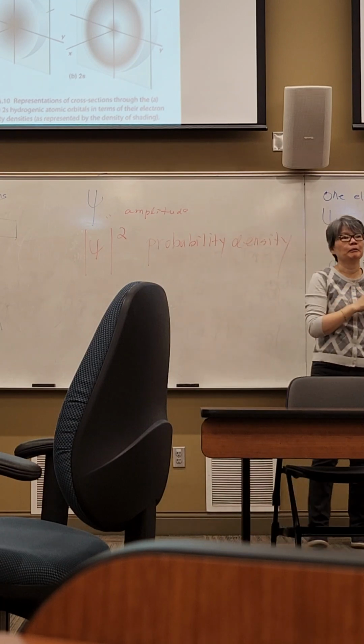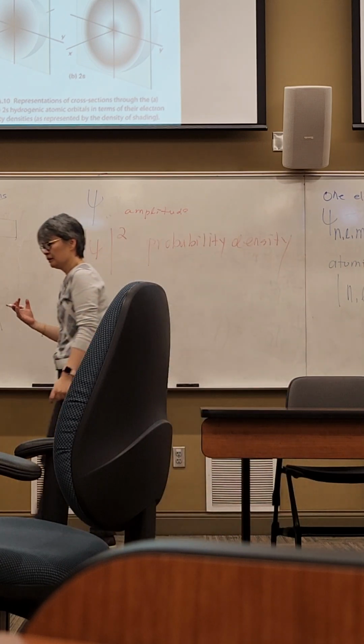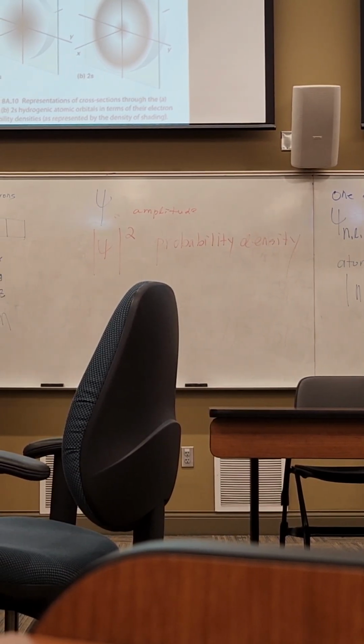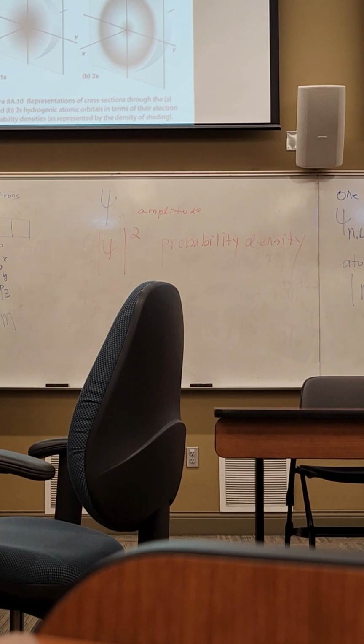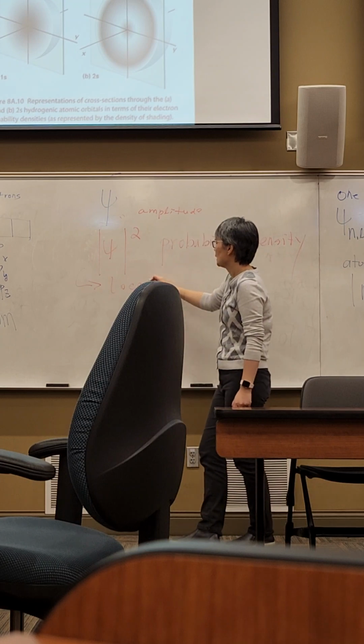So therefore it will allow you to figure out the probability to locate that particular particle at a particular point of space. So knowing the probability will allow you to locate